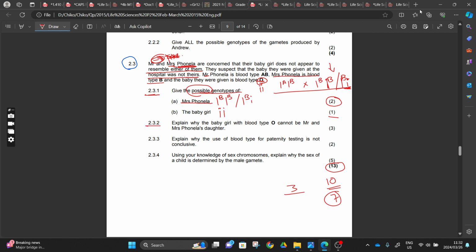And then 2.3.4: explain why the baby girl with blood type O cannot be Mr. and Mrs. Fonela's daughter. Give us an explanation, for 3 marks. It means that this baby girl is not the child of either Mr. Fonela or Mrs. Fonela. Here's the explanation. You can start there by saying because the baby